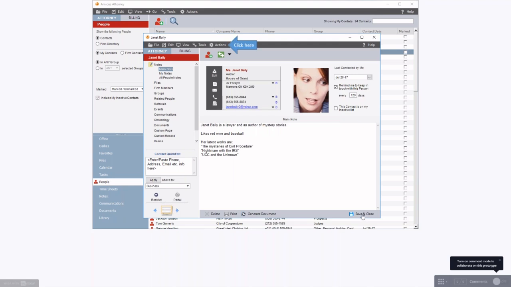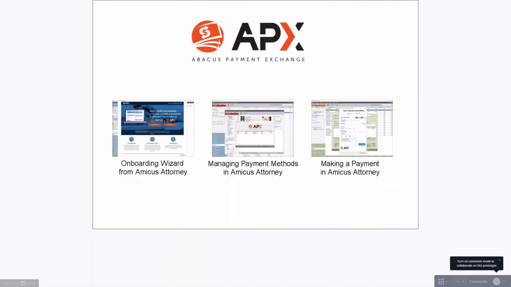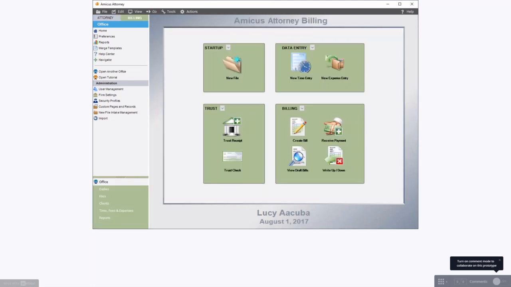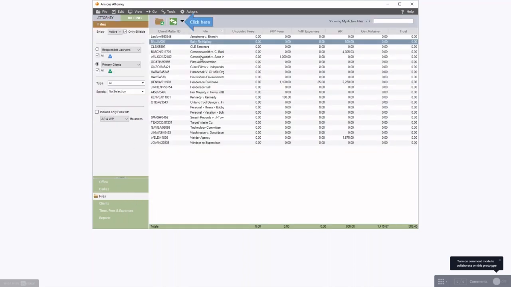But let's now go to the process of recording a payment. So we want to have our client pay us for their invoice, and we'll quickly demonstrate that. Okay, so right off the bat, we're back into Amicus. We're in as Lucy. We're going to go to the billing module here, and if we go to files, we can see all the files where they actually have money owed. So we have $800 here under Bailey Rekipling that we wanted to collect. So we can just click on the little drop-down menu here, choose Receive Payment,